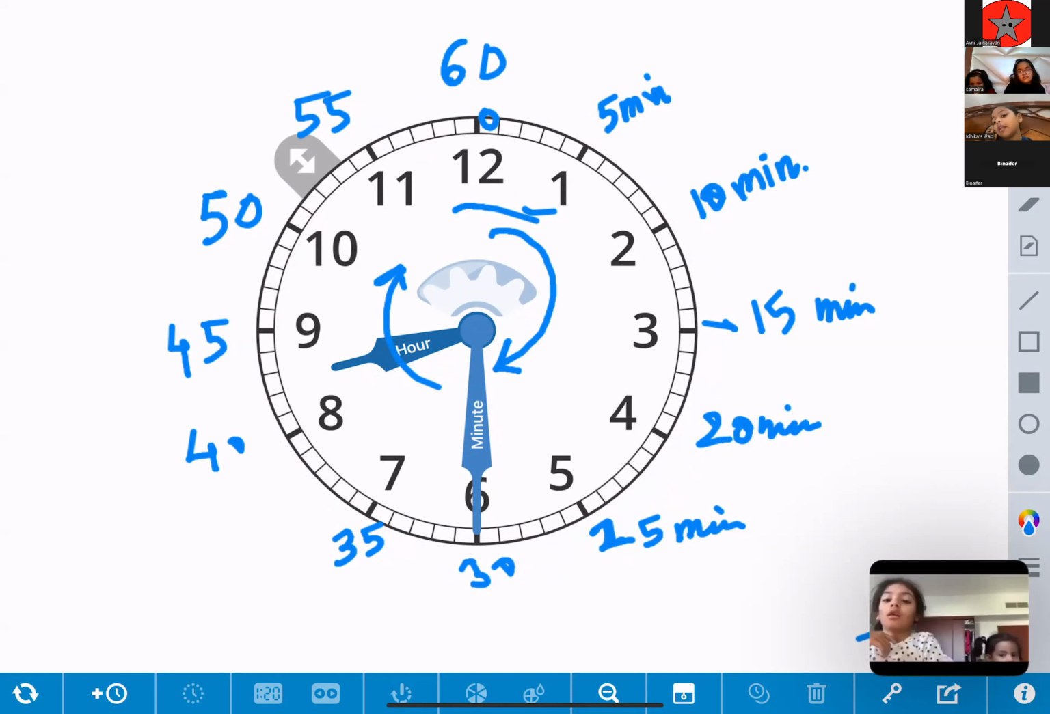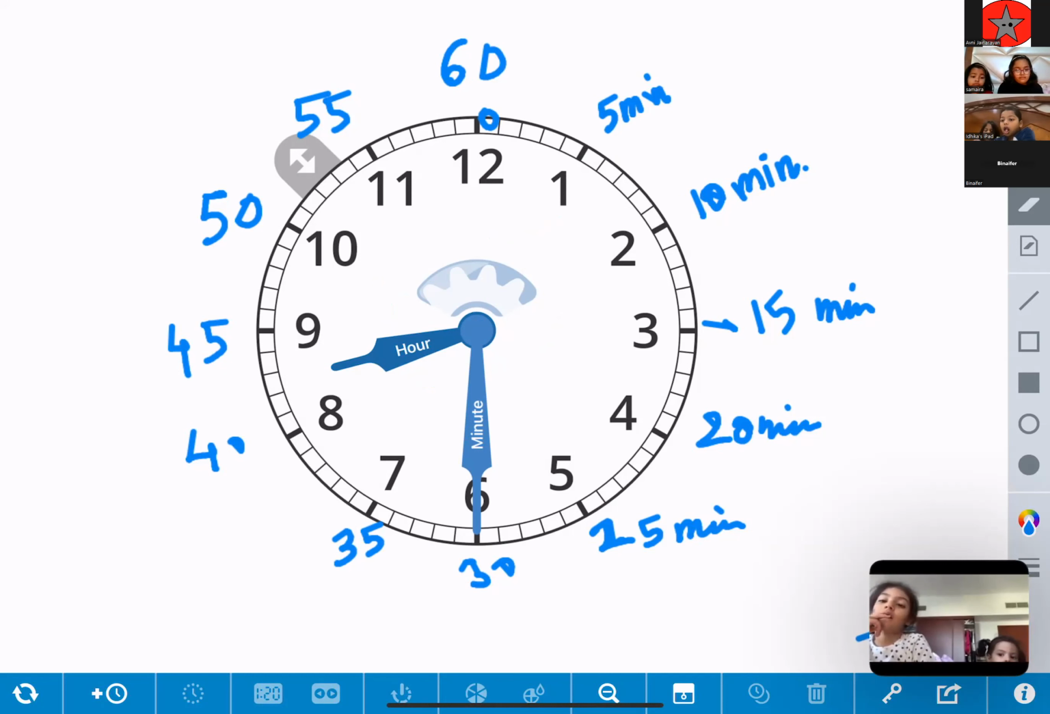Now we will do exercises on half past. Whenever you see the longer hand on 6, you are going to say half past. Now, what is the time currently? Half past what? Half past 8 or half past 9 or half past whatever? Half past 8. Now, see,